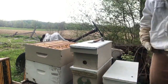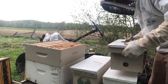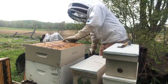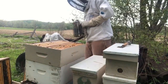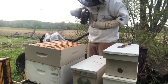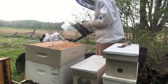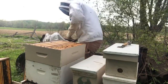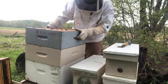Alright, that's 2 nucs built. Bees have had just about enough of me, and I'll be frank with you, I've had just about enough of them. I know it's getting late in the day for them. I know there's winds and rain coming, but it's all gone. Yeah, give me a break here. Seems counterintuitive on my part, but